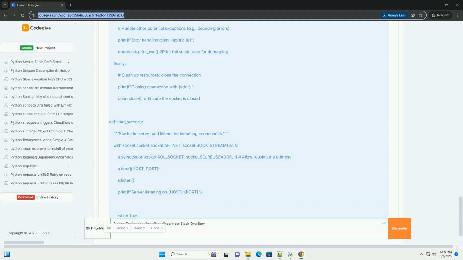start_server function. Creates a TCP socket using socket.socket, socket.AF_INET, socket.SOCK_STREAM. s.setsockopt, socket.SOL_SOCKET,